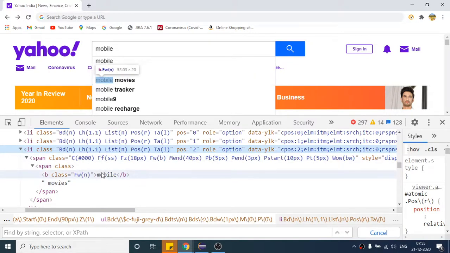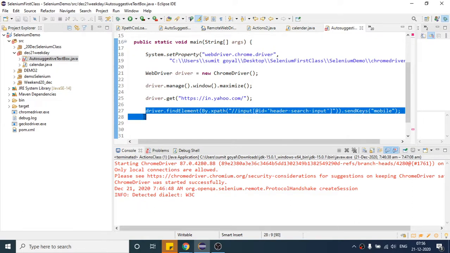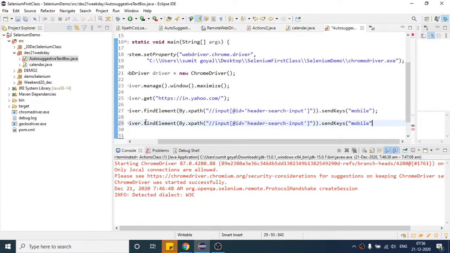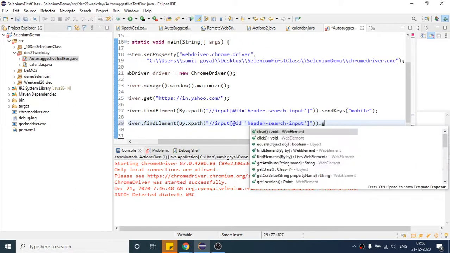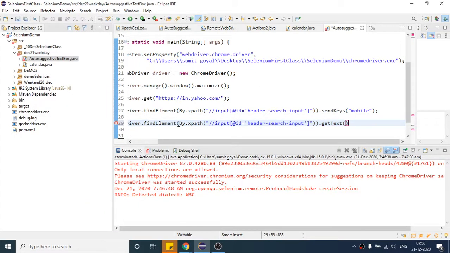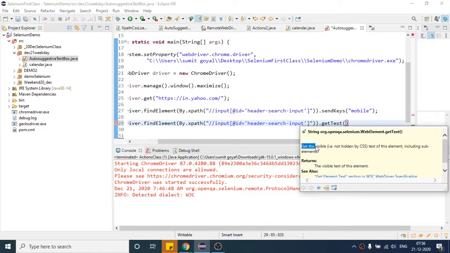So this is how the getText method works. Suppose I copy this same line and use get text. It says: get the visible text of this element including the sub elements.